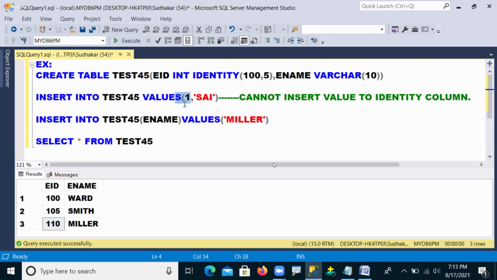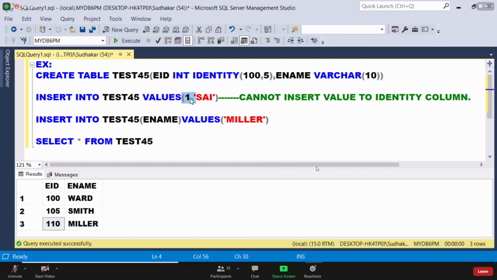And is it possible or not? If it is possible, how can we insert it? This kind of question comes up. That we will discuss in tomorrow's session, guys. Tomorrow I will show you how we can insert explicit values, that means user-defined values, into the identity column.